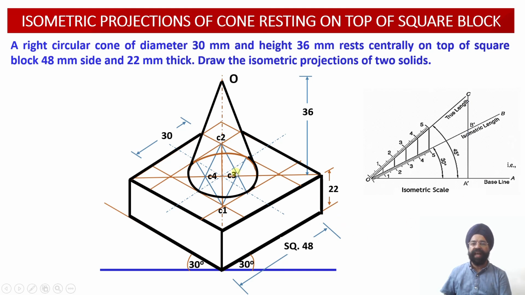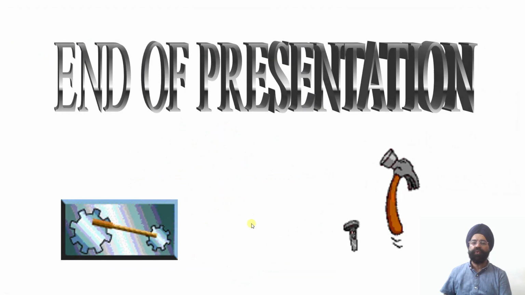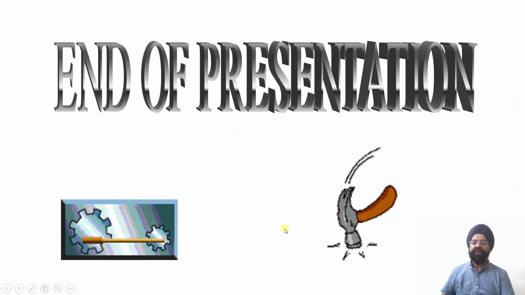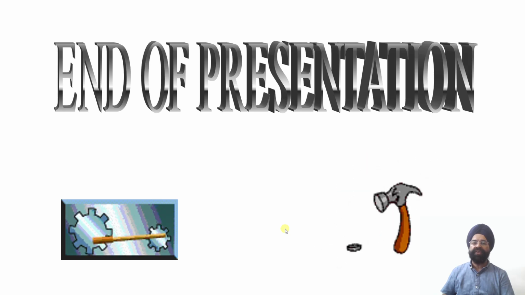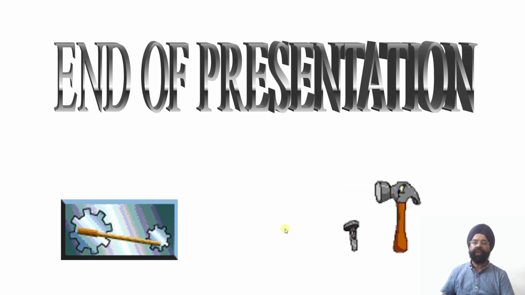So here we can see that this is the combination solid in which the upper solid happens to be a cone and the bottom solid happens to be a square block. So with this, we are going to complete this discussion about the construction of the isometric projections of the combination solid. We'll be continuing with a few more cases of isometric projections